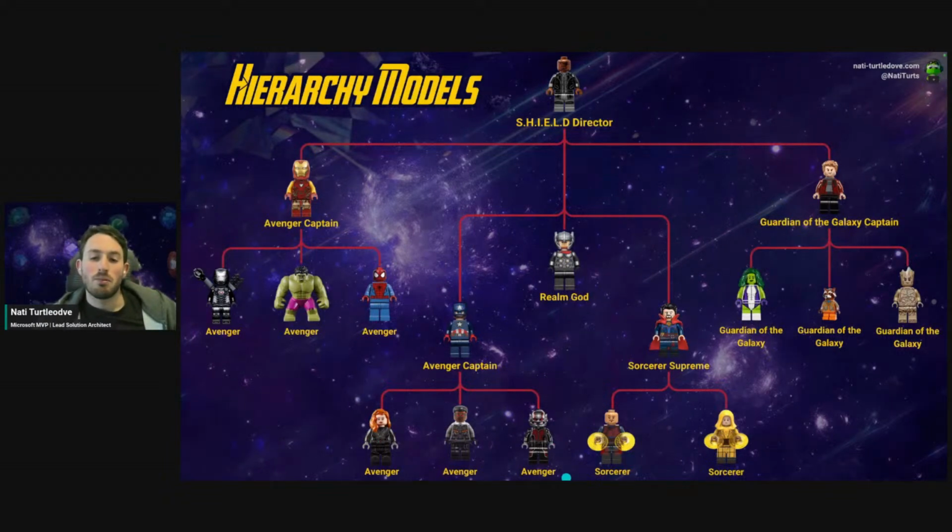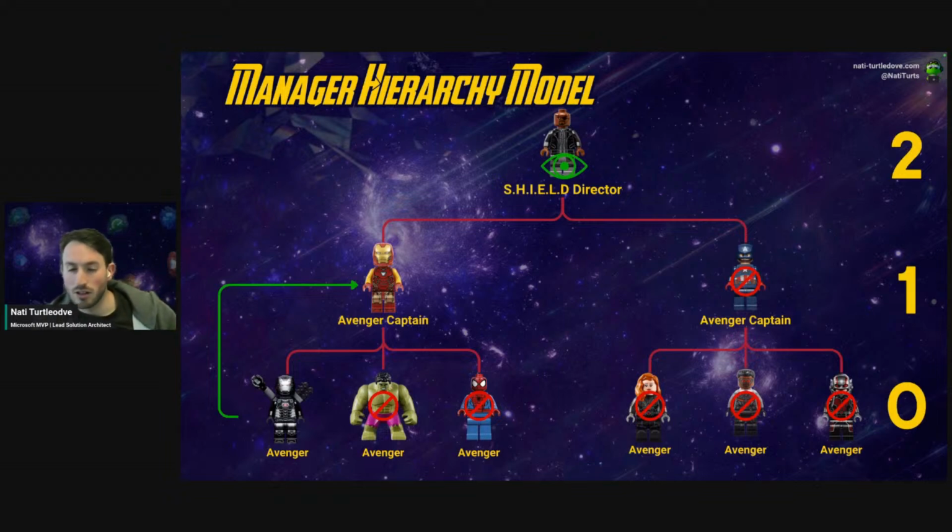But if we were to say implement a manager hierarchy model based on, call it Captain America and Iron Man, we'll look at it like this. We've got Nick Fury sitting at the top. We've got Captain America and Iron Man sitting on level 1, and then we've got our individual users sitting on level 0. If War Machine over here were to create a record, let's call it our weapon, which, as we remember, is user-owned. If you were to create a new weapon and add it to the table, because Iron Man is his direct manager, Iron Man would have access to edit, read, write that record as well.